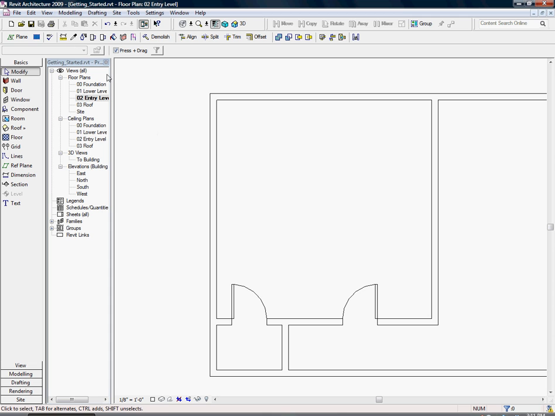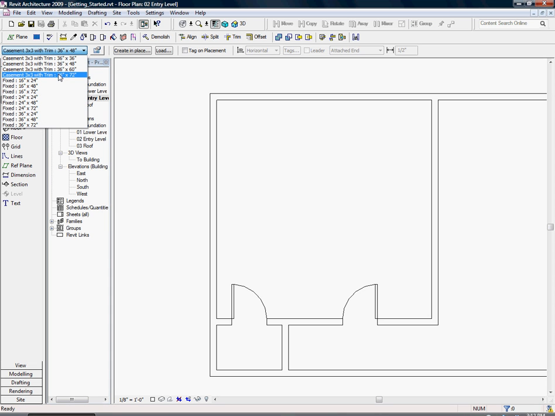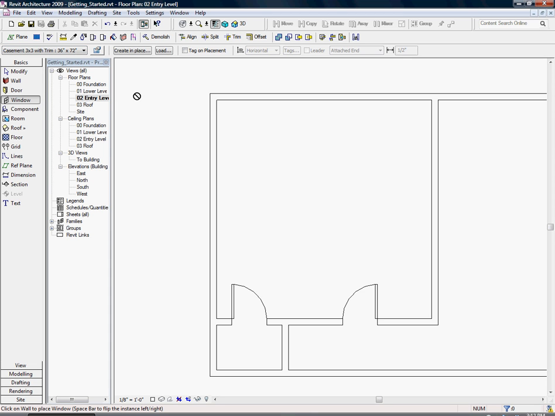Next, choose Window on your design bar and pick the 36 by 72. And now you'll want to place 3 windows on the west wall, making sure that the window is facing outwards. Once you've placed these 3,